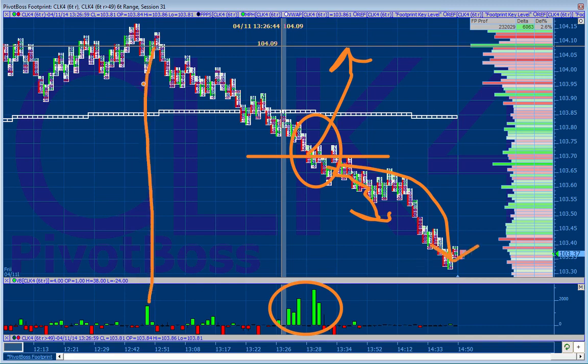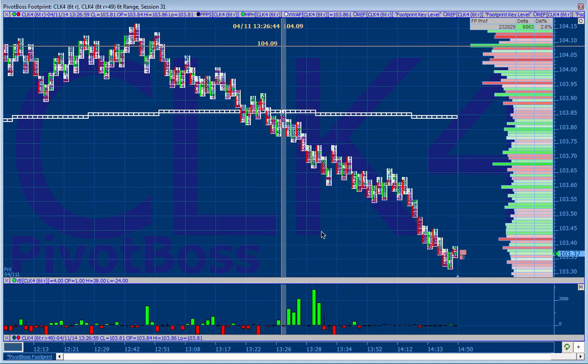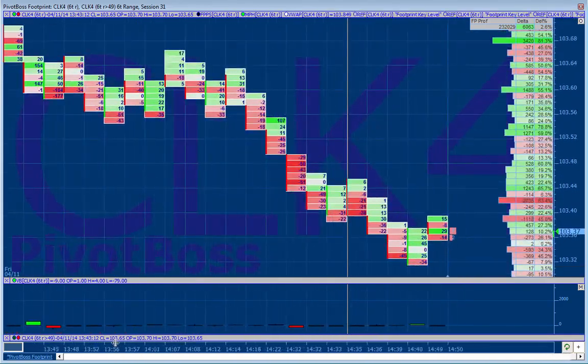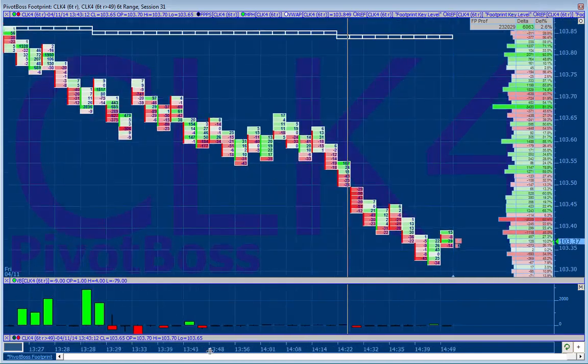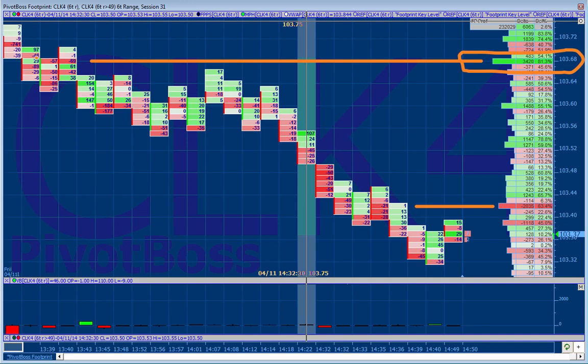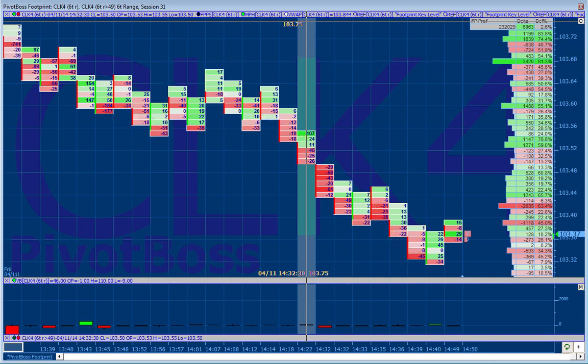Look at this right here. Look at all the buying balances that come in here. And look at price go lower. That's what order flow is all about. Using order flow to identify where traders are positioned. Where are they getting into the trade? Where are they trapped? How can I benefit from this information? How can I see that there are buyers that heavily bought 68s and now price is below 68s and they're about to get their stops run, so I get short? That is what order flow is.